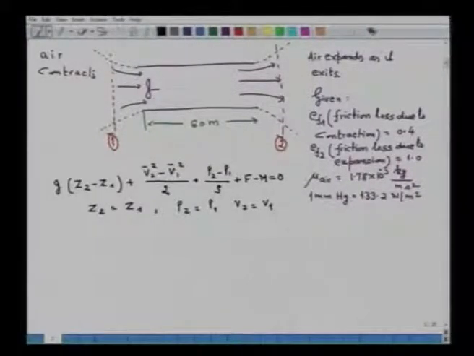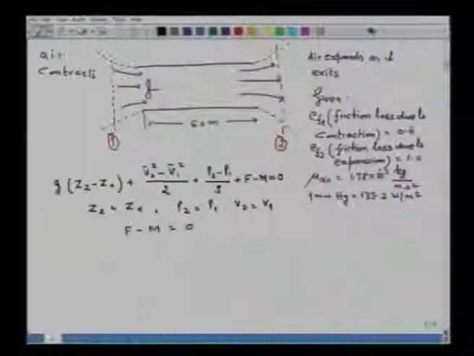So, our mechanical energy balance simply becomes F minus M equals 0, and we know that F is the frictional forces,